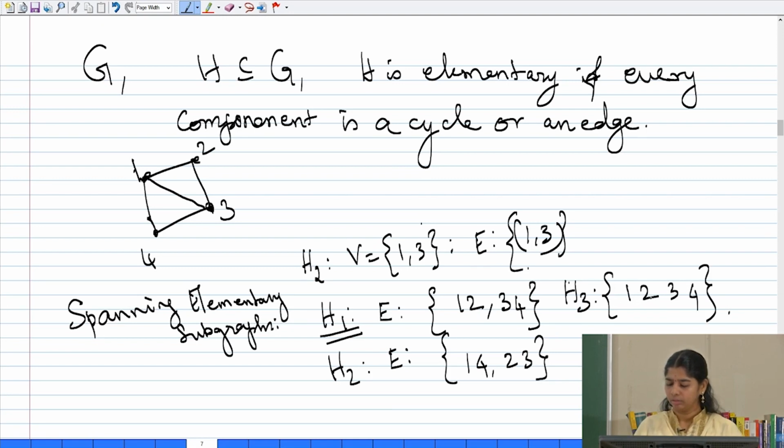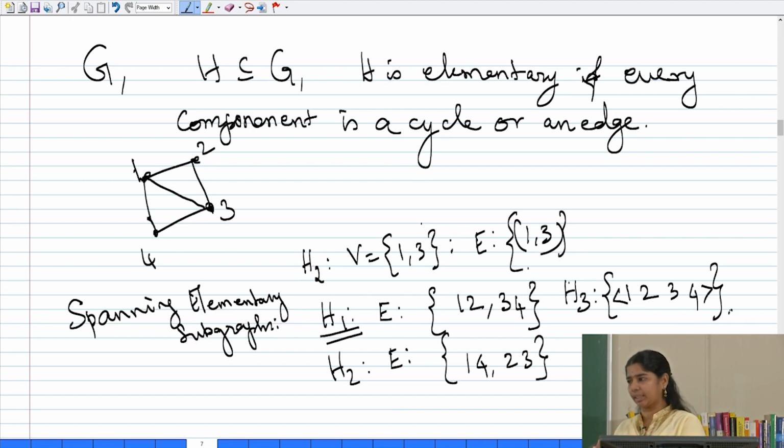Yeah. So, I will write it as a cycle itself, 1 2 3 4. So, there are 3 possible elementary spanning subgraphs for this given graph. Okay. So, why are we doing this? We will go into the representation. So, in an elementary subgraph representation, we will now start counting the number of cycles that the subgraph has, that